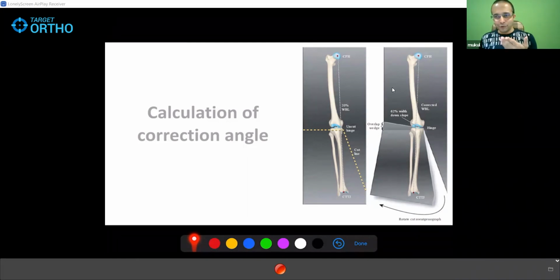I'm a student of Dr. Magoo, you know him well. So this was his technique. I did many times for him. So what you basically do is you cut this scanogram like this, and then you bring this cut portion to get the desired valgus angle, and then you measure this alpha angle. So this is that correction angle you will require in HTO. So this is a simple one method, but this is too simple to be used in life.